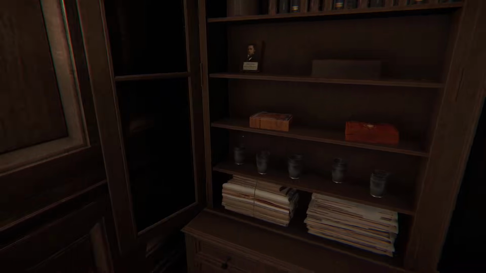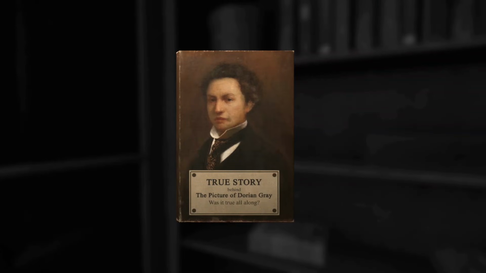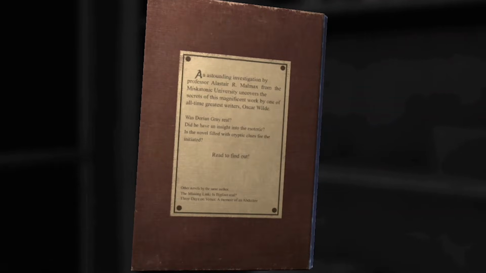A quote from Oscar Wilde pops up on the screen. "Every portrait that is painted with feeling is a portrait of the artist, not of the sitter." This is a quote from The Picture of Dorian Gray, which incidentally we can see lying around numerous times during the game. And it's quite obvious that the protagonist is based off of Dorian Gray.